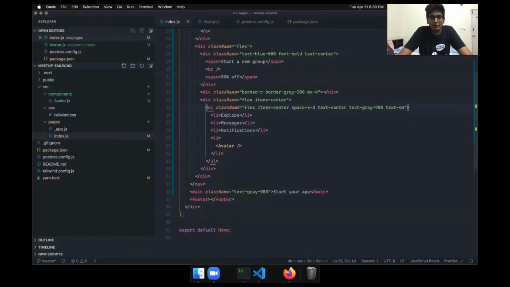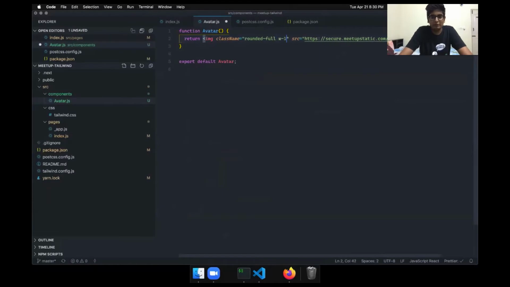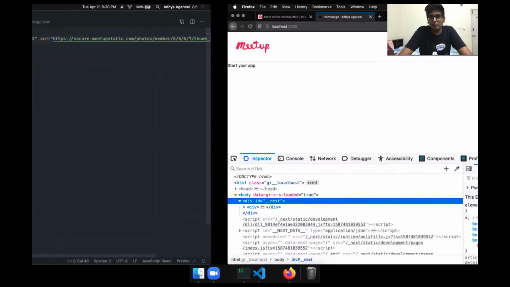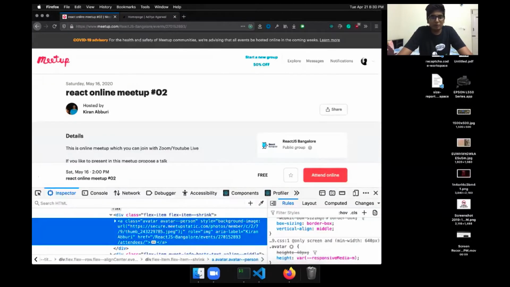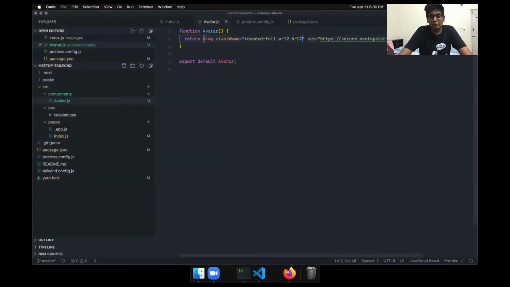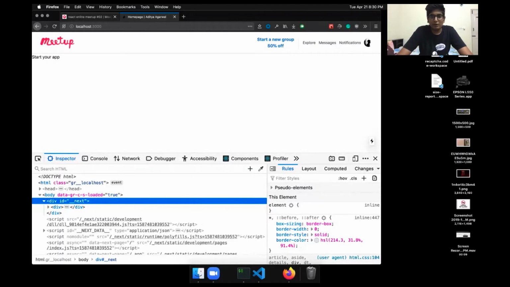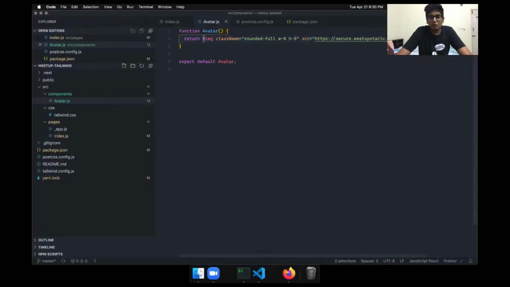Cool. And the width, like this thing is very big. So let's do this. Like we are saying, width and height should be 12, and this is a lot smaller than we want. So let's do 10. Actually, do 8. Cool. This looks nice. And yeah, we can move on to the next thing, I think.